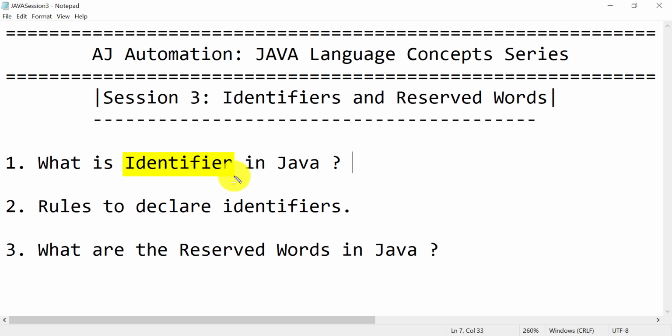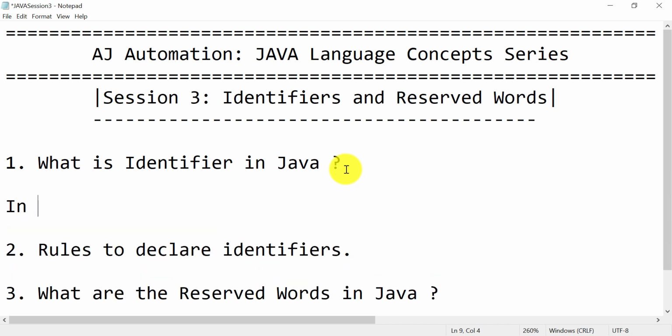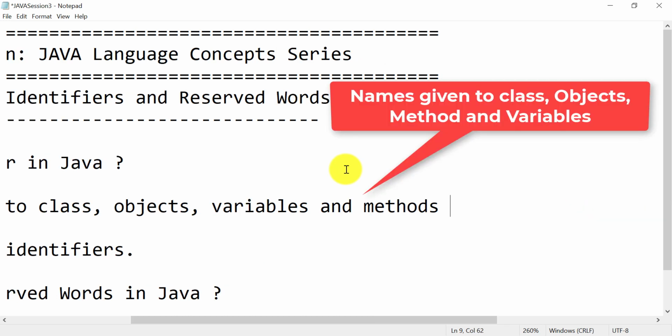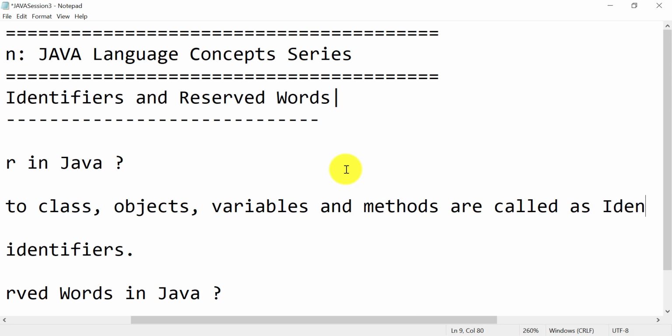So in Java, names given to class, objects, variables and methods are called as identifiers.